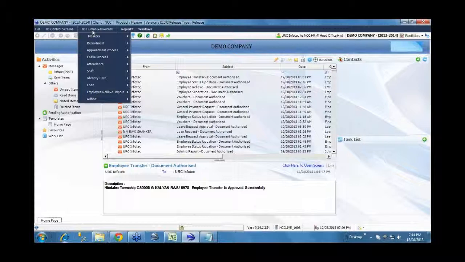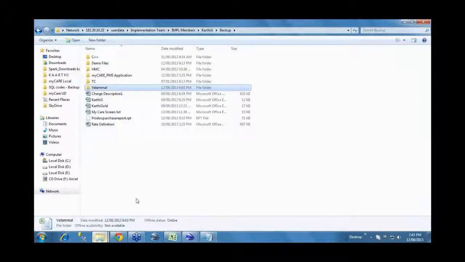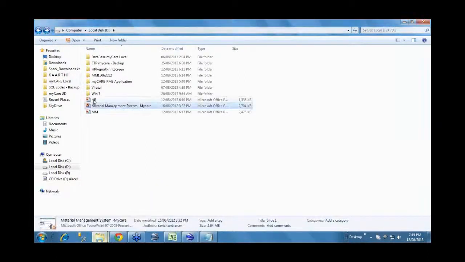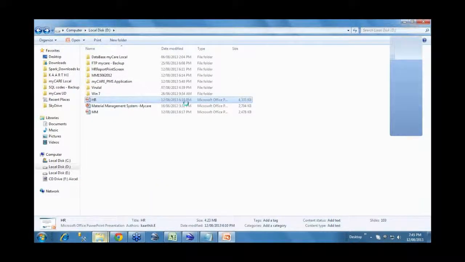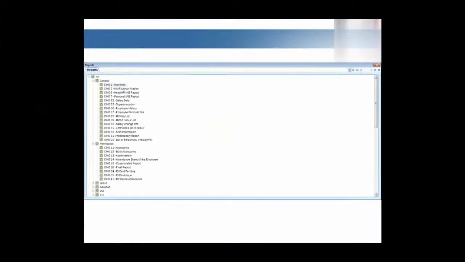as to what are all the various options we have in the system, the coverage we provide as far as HR and payroll is concerned. Okay, so we will quickly go through the various report portions relating to the HR and payroll module, so you have an idea as to what kind of reports we support. Then we will leave the floor for Q&A. We have captured most of the reports as screenshots, and we'll just run through those to save time. Okay, so these are all the various reports we have.